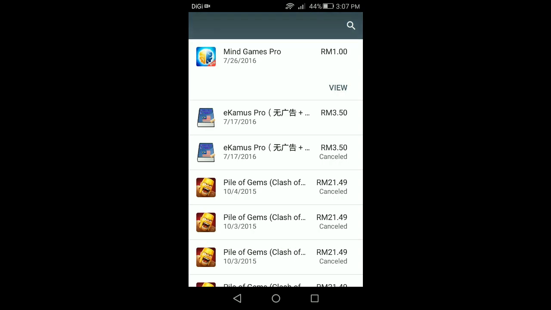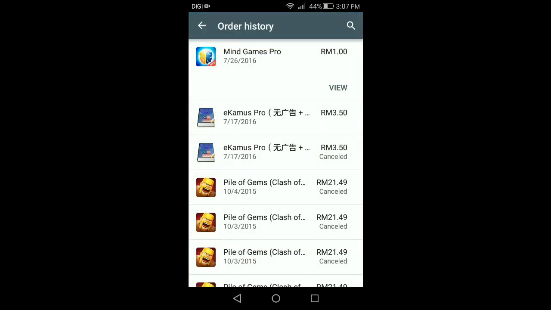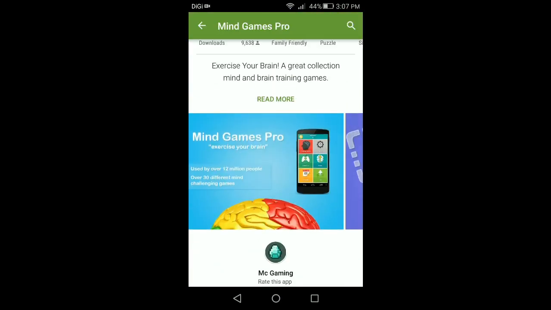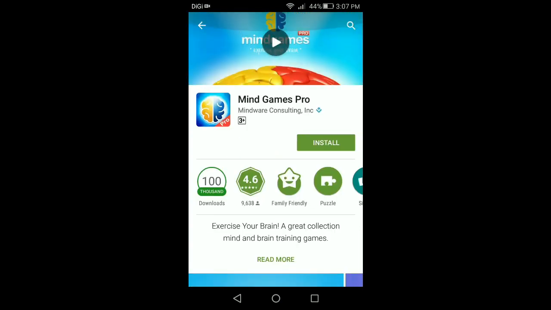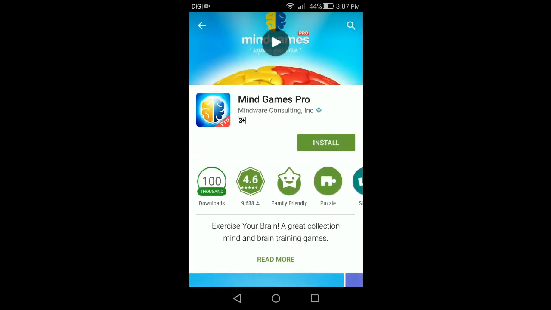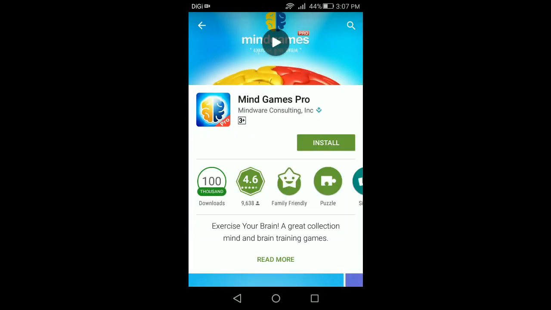I can help you. If you purchase this app, like I purchased this app 2 months ago. If you have done something like me, like 2 months later or 10 days, 1 day later, you suddenly change your mind that, oh, I don't want this app anymore, I want to request a refund.